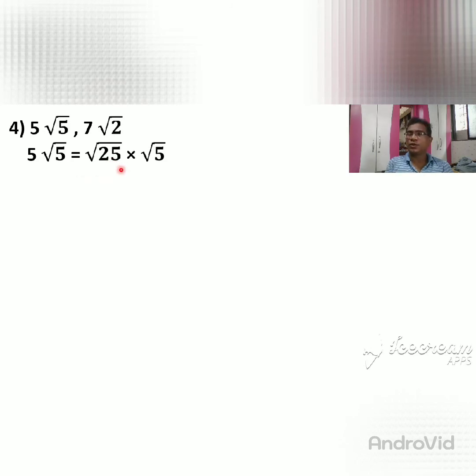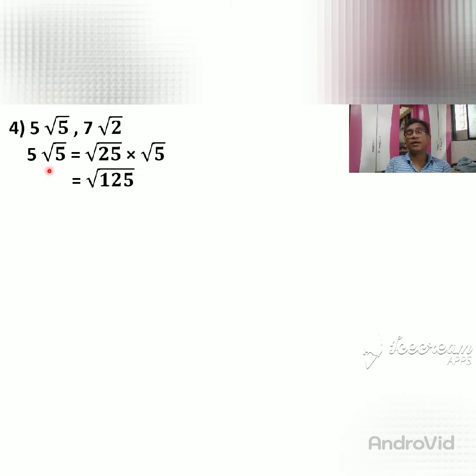Do you know how we get 25? 5 square. Why square? Because the order is 2, that is the indices of this number. So 5 indices 2 means 5 square. 5 square is equal to what? 25. So we write into the square root sign 25, into the other number, root 5. So 25 into 5, what do you get? 125.